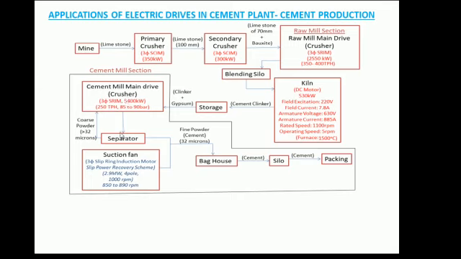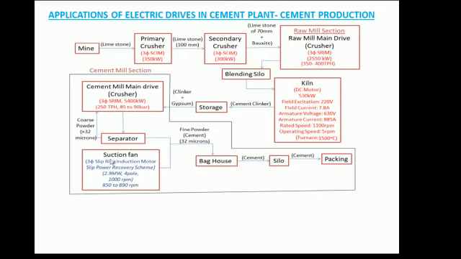The output of this crusher has fine powder and coarse powder. If the size of the powder is less than 32 microns, then that is known as fine powder or cement. If the powder is greater than 32 microns, then it is said to be coarse powder. The function of this separator is to separate the fine powder and the coarse powder. This coarse powder is sent again to the cement mill main drive and crushed again, so that powder larger than 32 microns is reduced to 32 microns, and it is fed to a bag house through a suction fan.